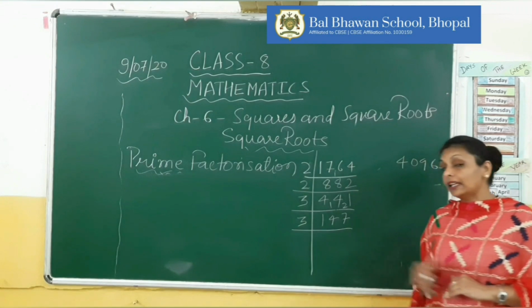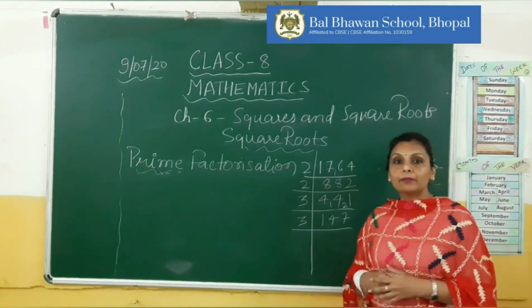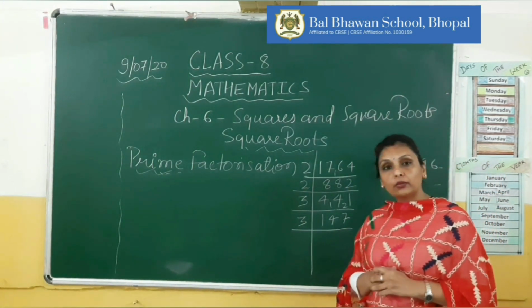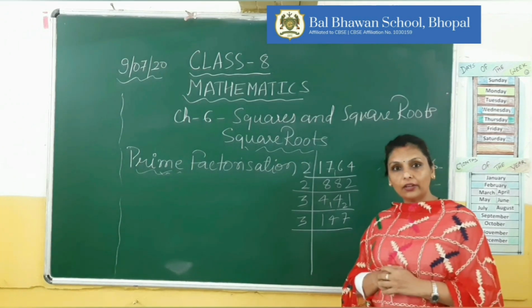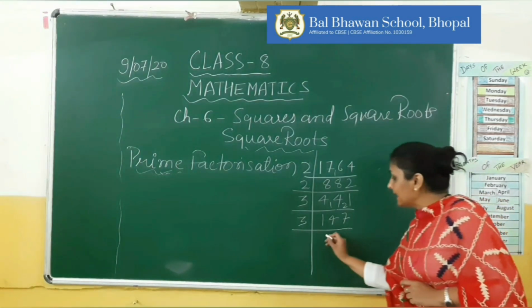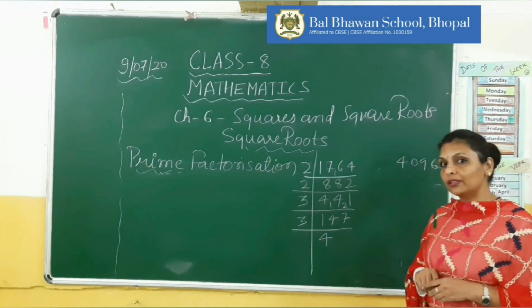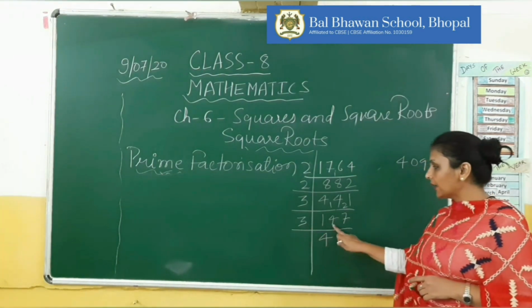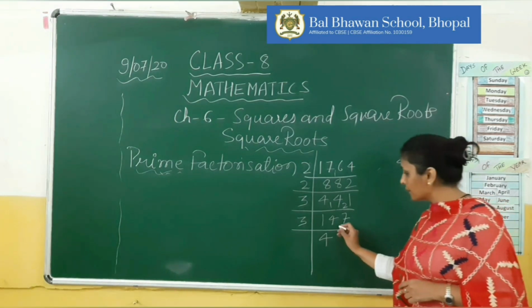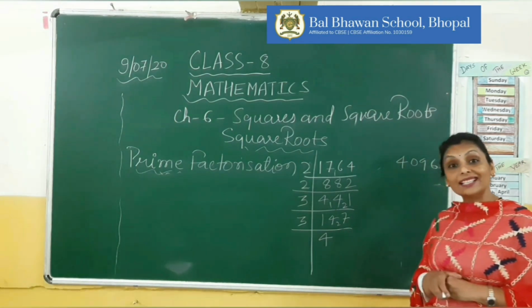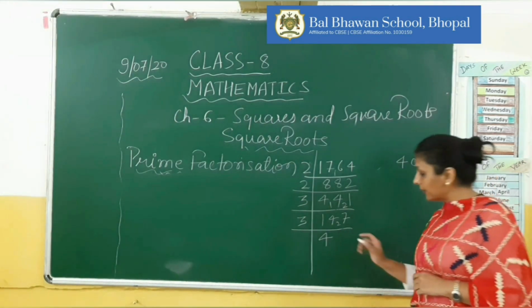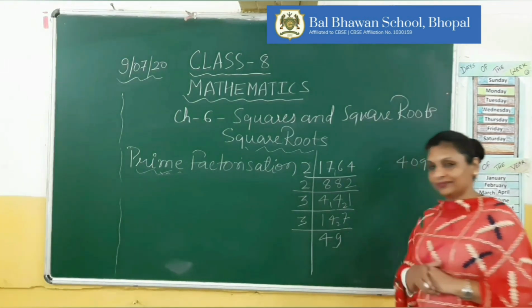Right? But our number is 14. So how many times we will multiply 3 to get the number lesser than 14? Exactly. That is 3 4s are 12. Because 3 5s are 15 is more than 14, right? 3 4s are 12. How much is left over here? 2. Our number is 27. Then 3 9s are 27.